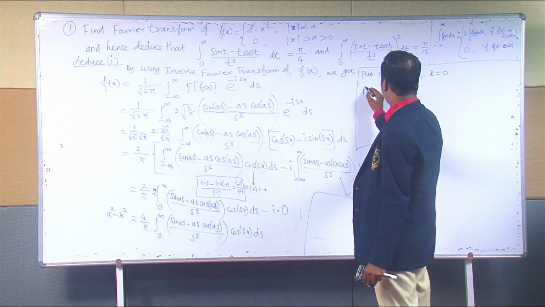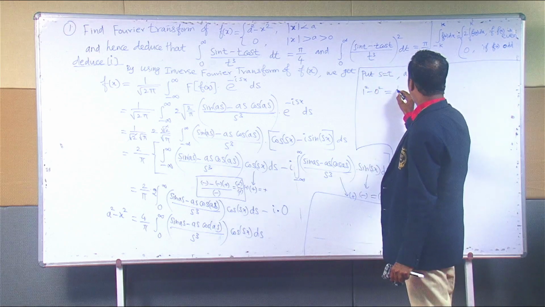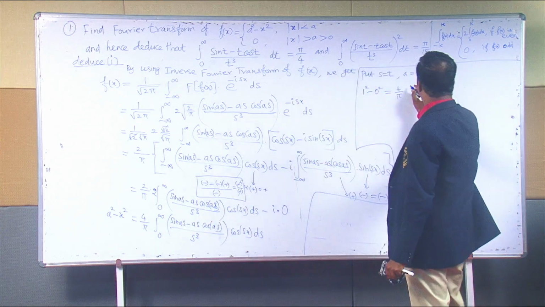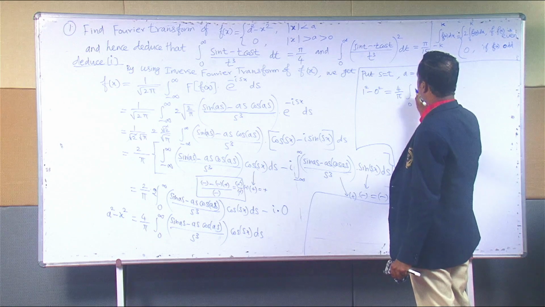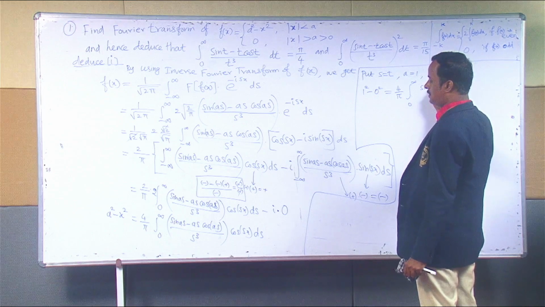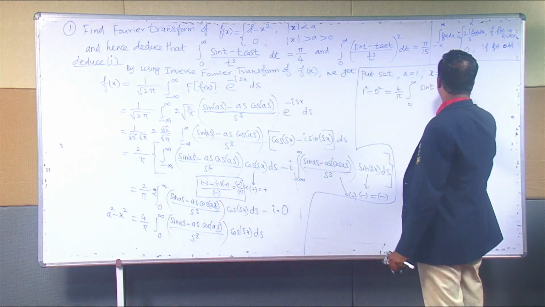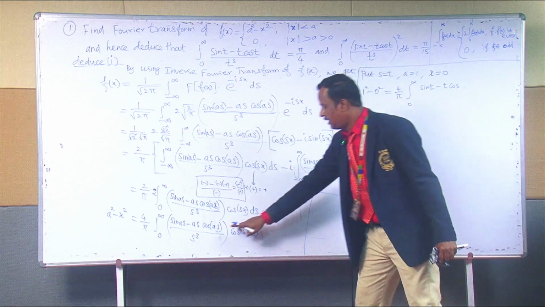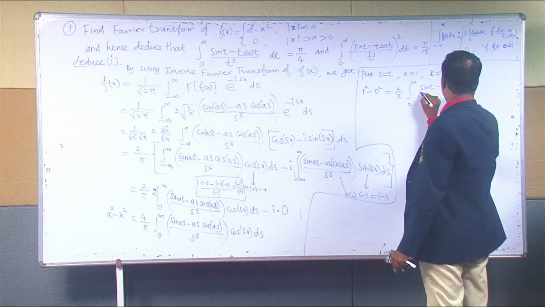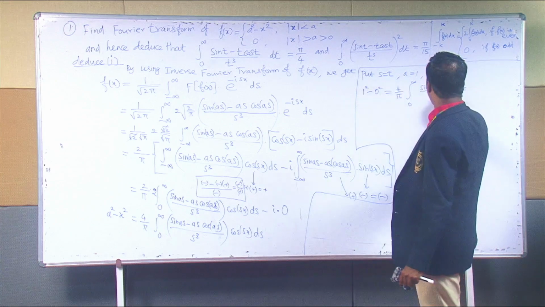a square minus x square, that is 1 square minus 0 square, which is equal to 1, that is 4 divided by pi, and integral 0 to infinity sin a t, that is sin as becomes sin t minus a value 1, s value t. So 1 into t, t cos as, a value 1, s value t. So you can write it as cos t divided by what's the value of s? So we have to apply s equal to t, therefore it becomes t cube